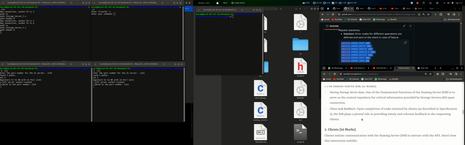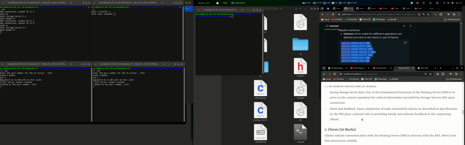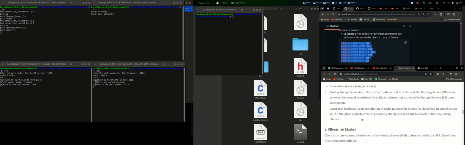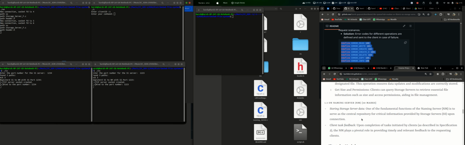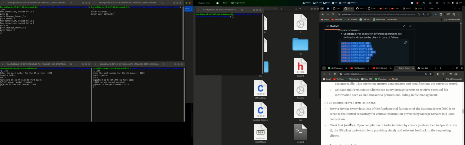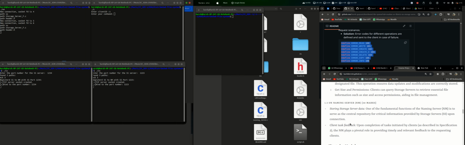Suppose me and my friend are the clients. Google's administration has the naming server, and there are multiple storage servers which Google has set up. Let's name them A in America, U in UK, and I in India. If I want to create a file a.txt, I will just type create a.txt, and that file will be created somewhere on U, A, or I. I don't know where, but I know there is one file somewhere on the network,